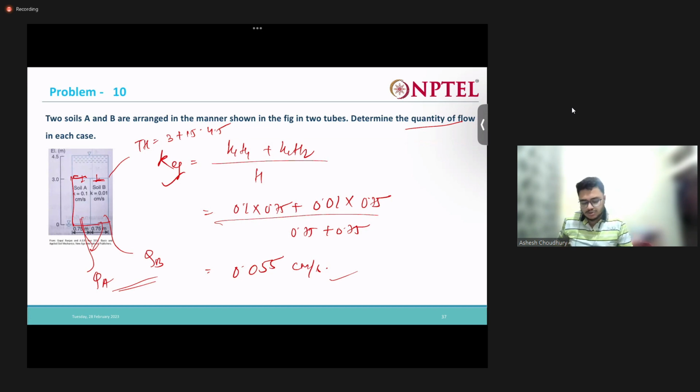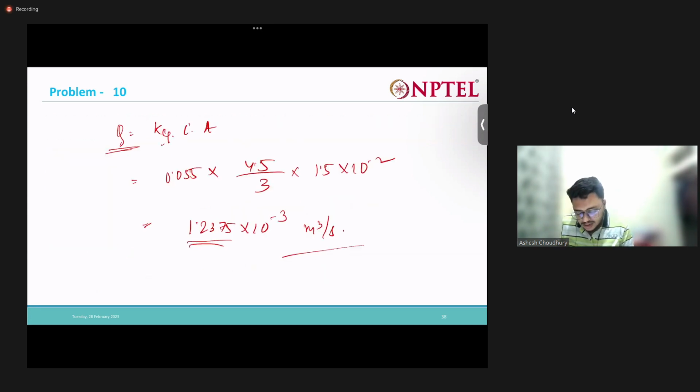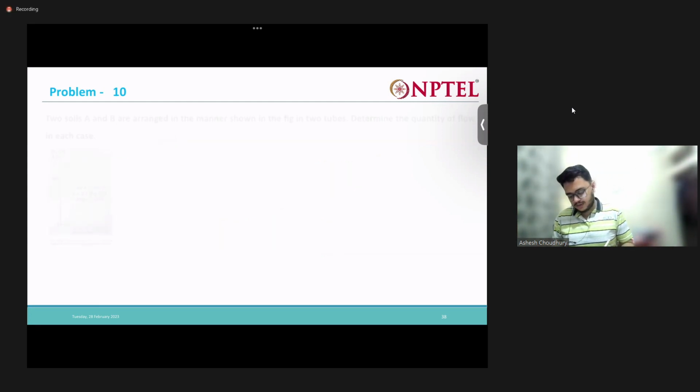So out of this 1.2375 into 10 to the power minus 3, how much is coming from A soil and how much is coming from B soil? So that will be the homework. We can find that out easily. What is the distribution in the two? How much is coming from this soil, how much is coming from this soil? Okay,